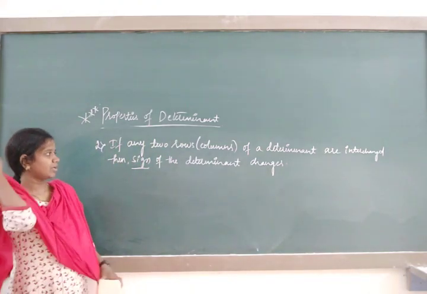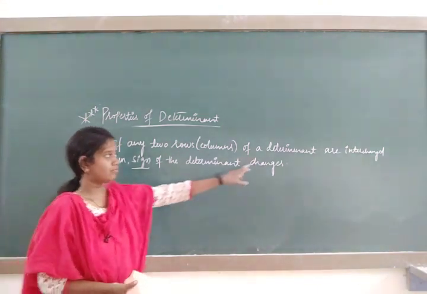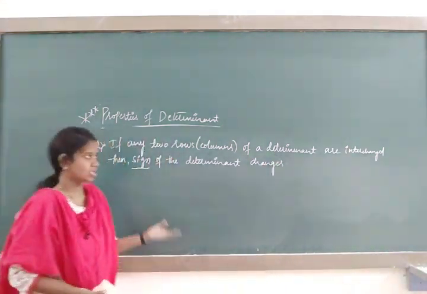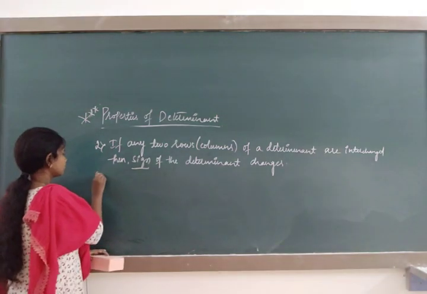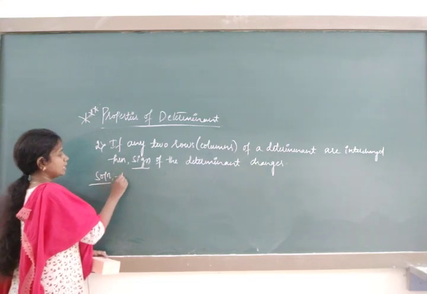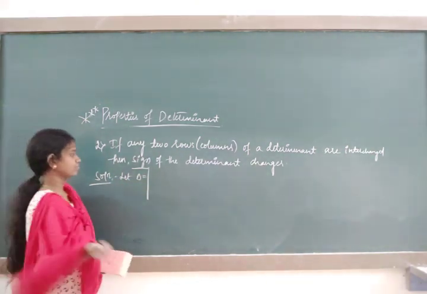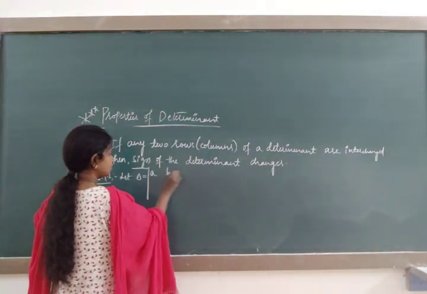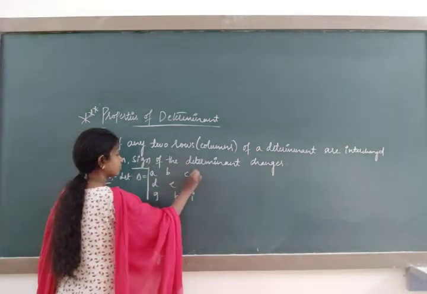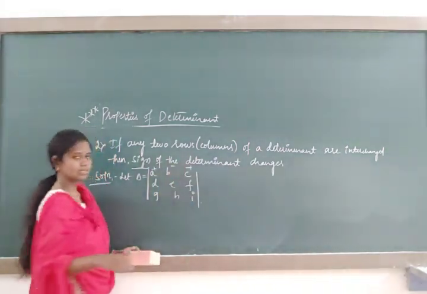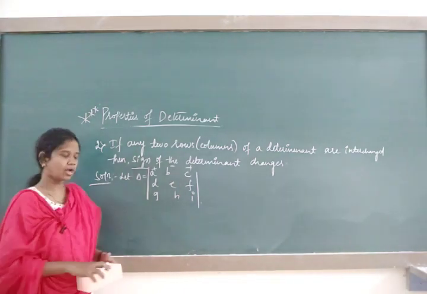What is the statement? If any two rows or columns of a determinant are interchanged. So first of all we will assume the determinant. There is no determinant present, so let us have the imagination. Let delta be one of our determinants. Again I will prefer 3 cross 3. So I will take A, B, C, D, E, F, and G, H, I, with plus minus plus. In any way you can expand, but I will prefer expanding along R1.